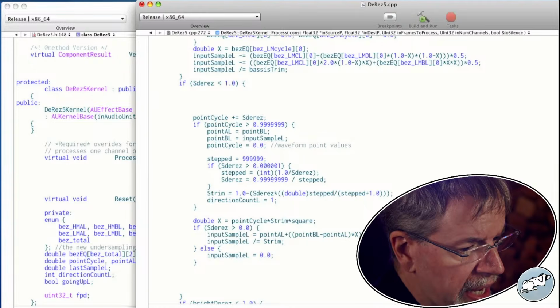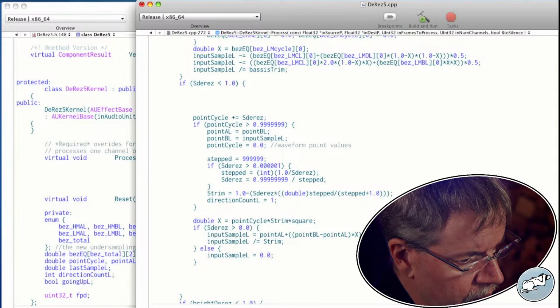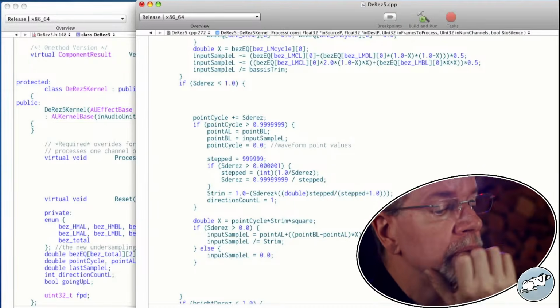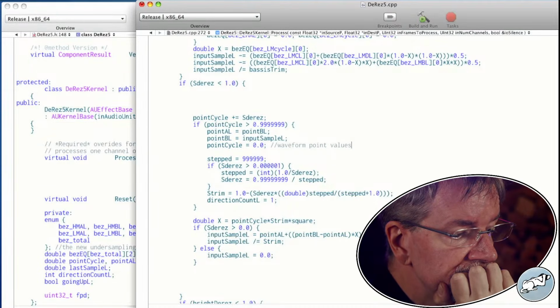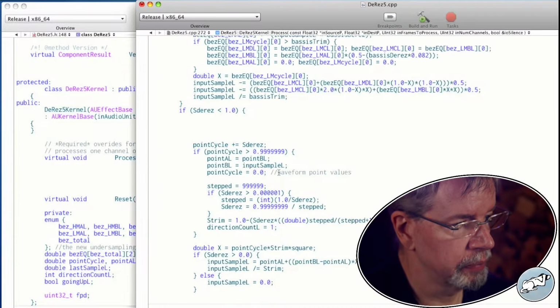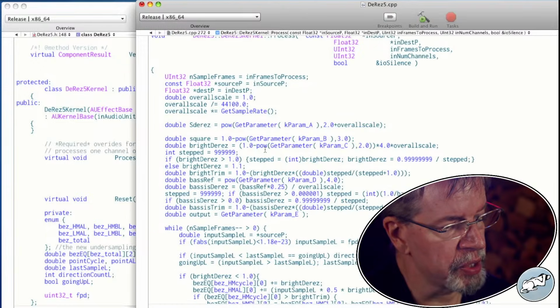We need to produce strim and SDRes, which goes from 0 to 1.